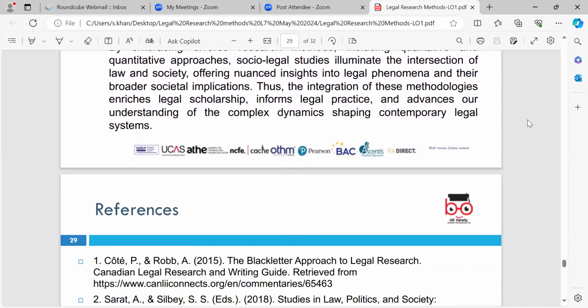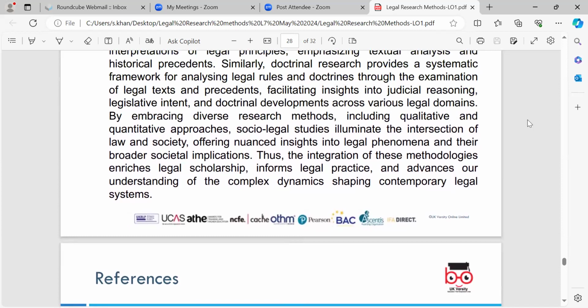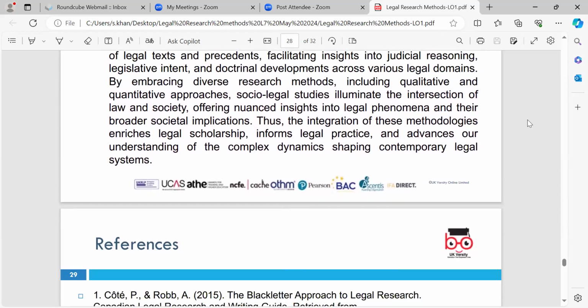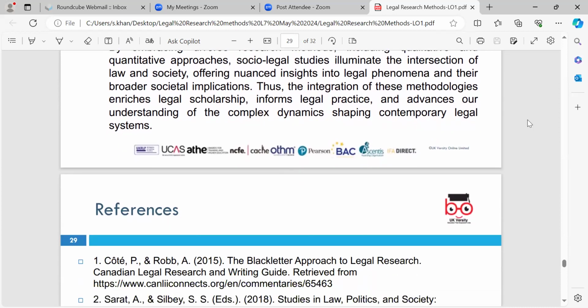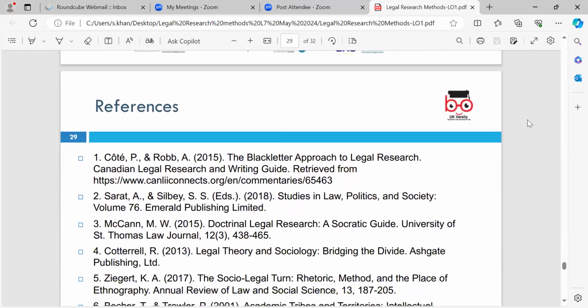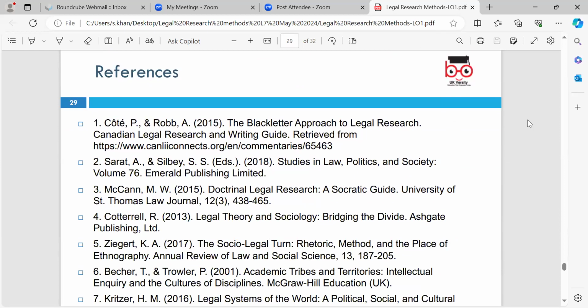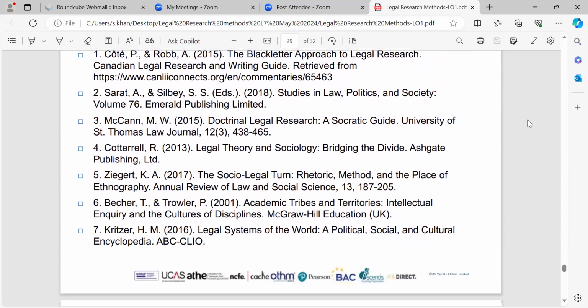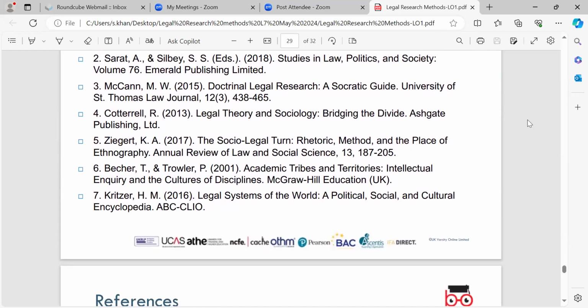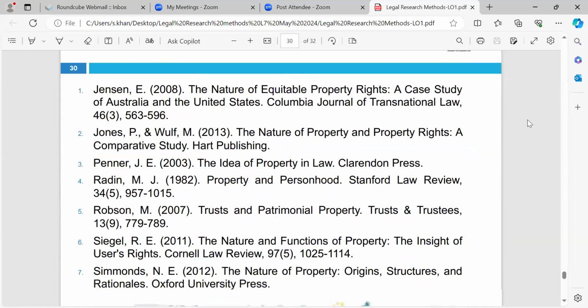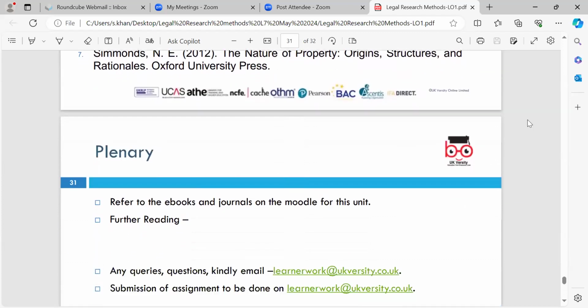So now we've finished learning outcome 1 in regards to the legal research methods unit. The next learning outcome will be learning outcome 2 in regards to the research methods. These are the references that have been used for today's session, which are listed to help you in completing the assignments. Some of the references refer to ebooks and journals on Moodle. There is some additional reading that you could go onto Moodle for, which will help you look at the importance of legal research,